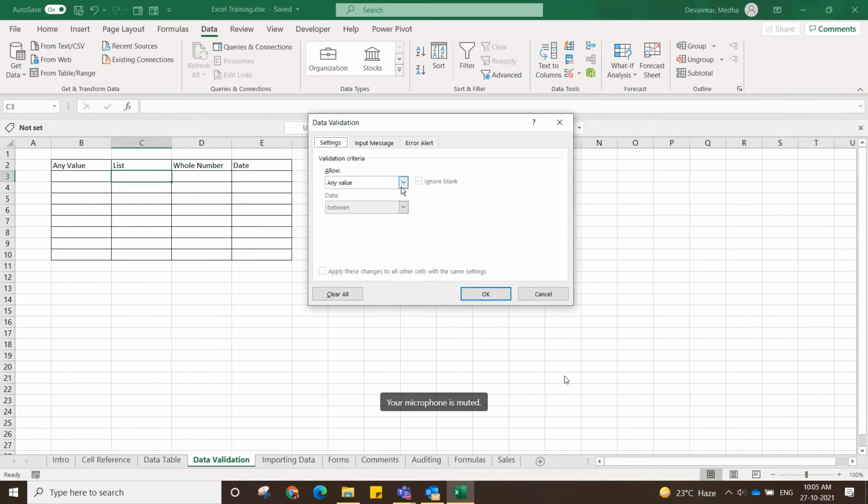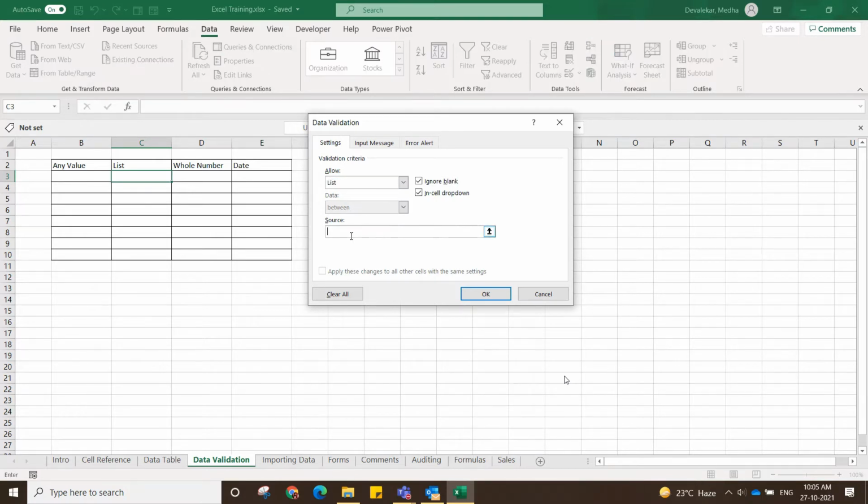So I'll go here and select List. Now it will ask me for which list. Then I can give some values: Yes, comma, No. Now my drop down will contain only two values, which is Yes and No.